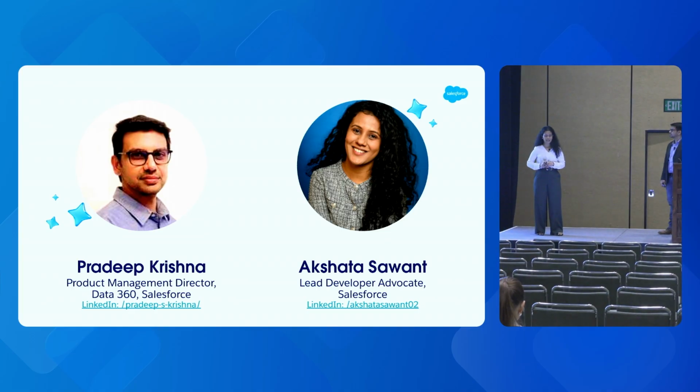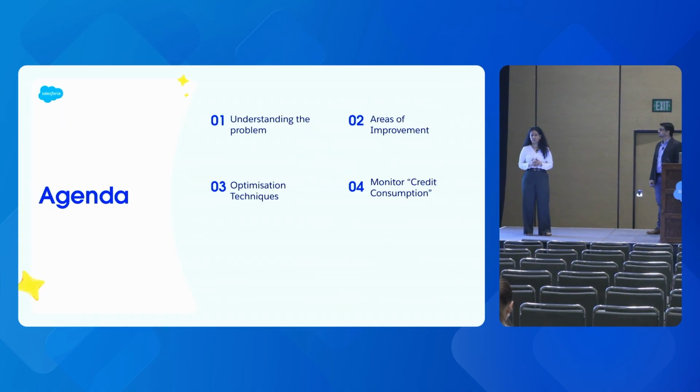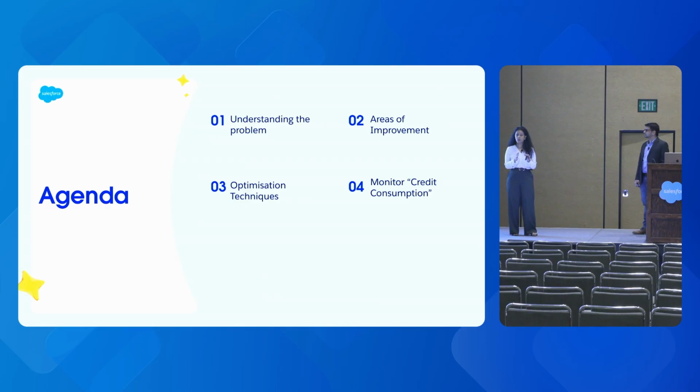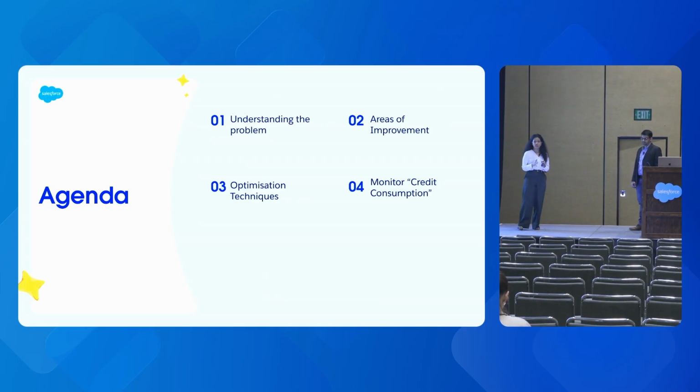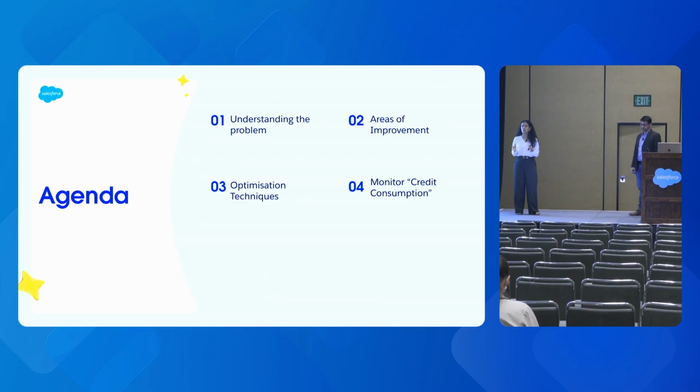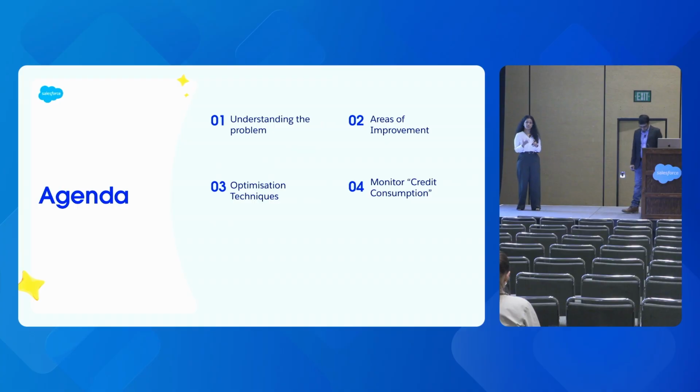So let's get started. Our agenda for today is going to be very simple. We're going to stick to the topic, the title that we discussed. We'll first understand the problem around cost efficiencies, cost solutions, credit consumption basically. Then Pradeep will explain to us, from the PM perspective, how we actually optimize our cost, how do we make